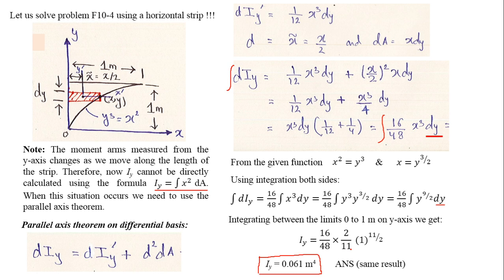And because you could be asked in the final exam to use only the horizontal strip or only the vertical strip, the choice will not be arbitrary, as it was in the last chapter, chapter number 9. So you have to go through both these methods thoroughly. So we're going to meet in the next lecture, and we'll continue solving